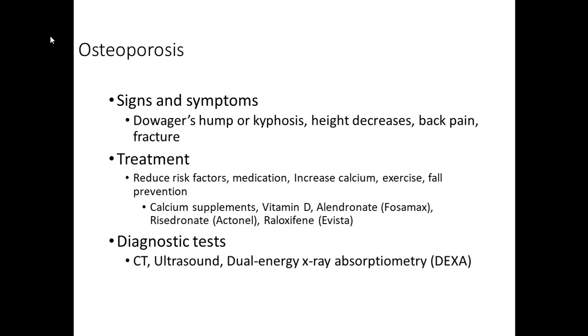That Fosamax that I was talking about, the once a week, it just basically slows down the bone reabsorption. There is a newer one out, this Prolia, and Denosumab is the generic name. But this is only when other meds aren't working and the patient is having severe symptoms. And it's an injection every 6 months.